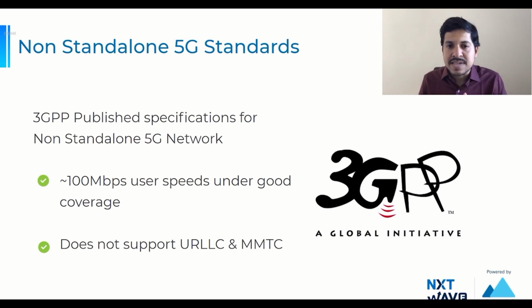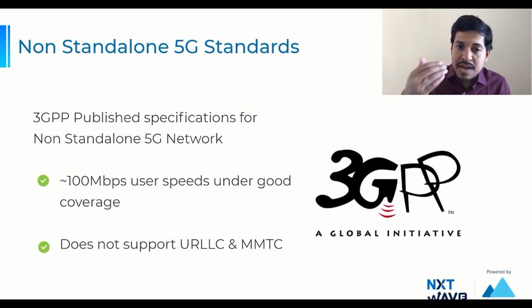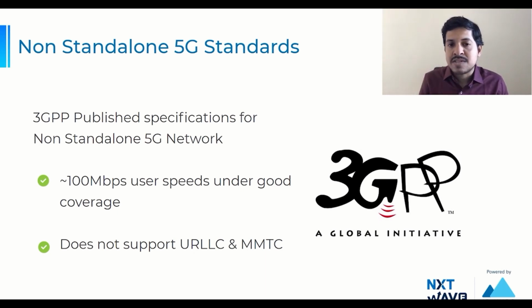If you are in a bad coverage area, of course, your bandwidth will be accordingly lower. But if you are in a good service area, if your coverage is good and connectivity is good, you can get 100 Mbps or hundreds of Mbps of broadband speed on your mobile device over the non-standalone 5G network, which would not have been possible over 4G network, because the 4G technology was not capable of providing such high kind of broadband-like speeds. However, non-standalone 5G networks do not support the URLLC and the mMTC use cases. Those will only be supported with standalone 5G networks.